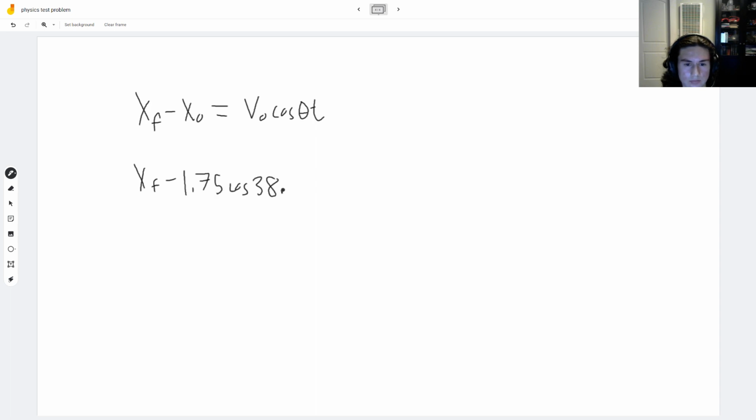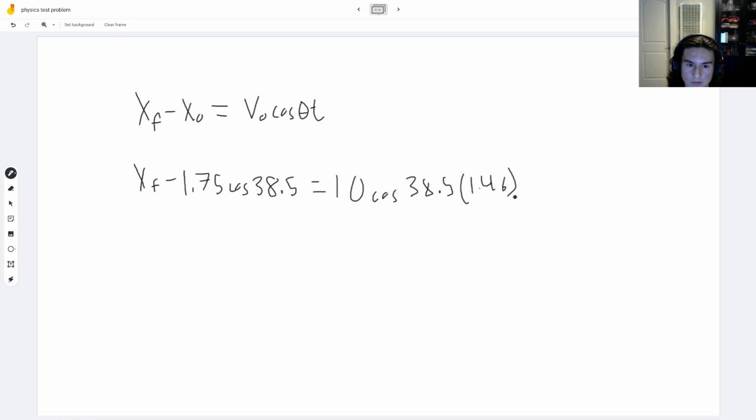cosine 38.5 equals v0 cosine theta times t. So that is 10 cos theta, which is 38.5, and we determined our time to be 1.46. So I'm going to put that into a calculator. Basically 10 cosine 38.5, and then 1.46, and then I'm going to add the other thing on the other side. So that would be plus